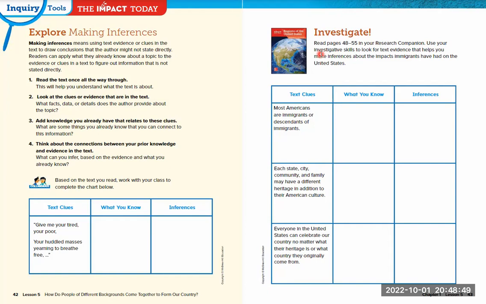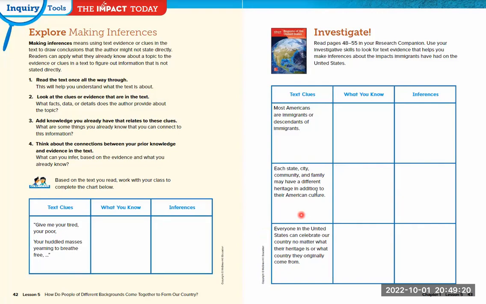pages 48 to 55 to answer the next 3 pages, 43, 44, and 45. And the things that we're going to be looking for from the text clues are talking about how most Americans are immigrants or descendants of immigrants, how each state, city, community, and family may have different heritage in addition to their American heritage. And the last thing we're going to be looking out for in the text is how everyone in the United States can celebrate our country no matter what their heritage is or what country they originally come